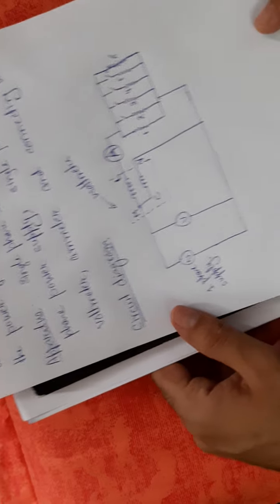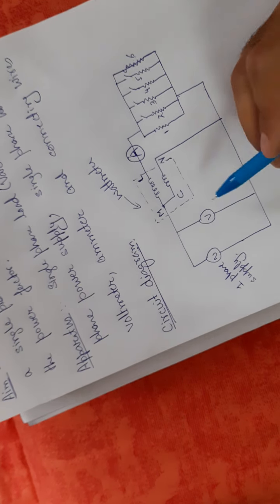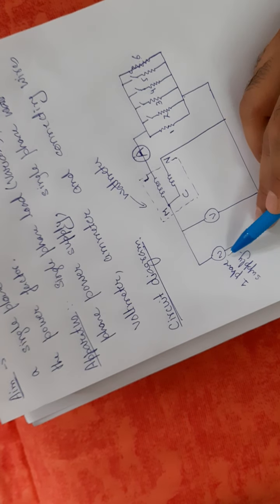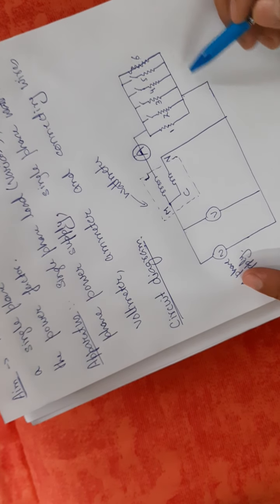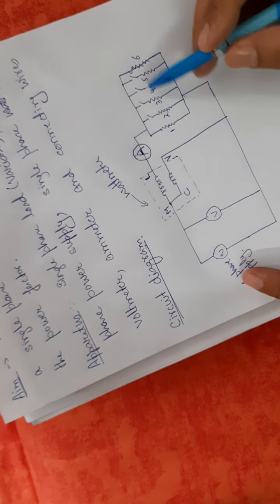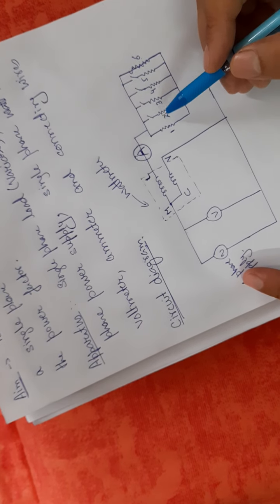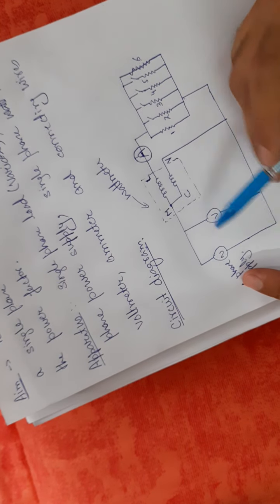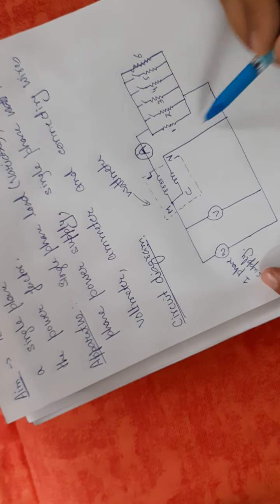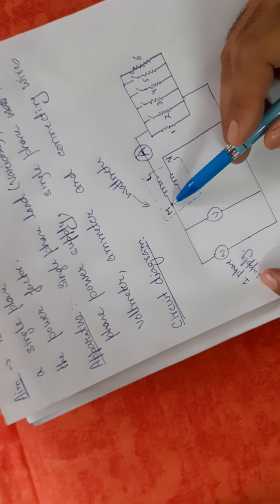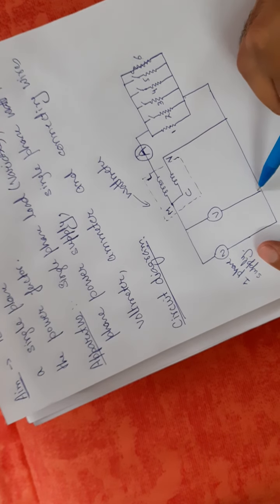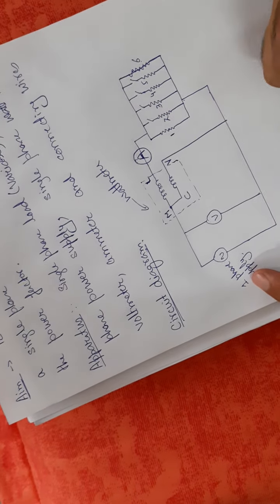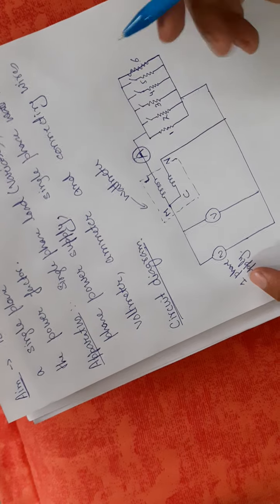Okay, so how will you perform this practical? You will connect the load. You will take a load bank. We have a load bank in the lab, so it will exactly look like this. Then we are connecting a wattmeter to this load, and the M terminal and this V terminal are connected to the supply. A voltmeter is connected in parallel with this circuit, and an ammeter is connected in series with the load.